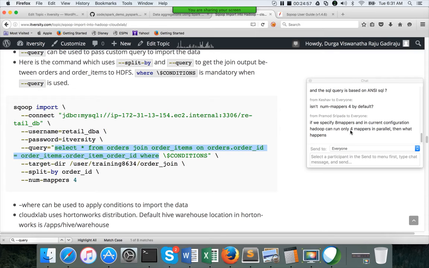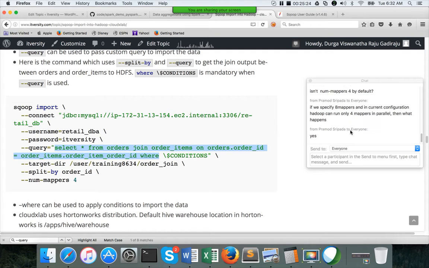Okay, first of all, you have to think big. The capacity of the cluster should always be bigger, especially if you are a fresher. Most of the guys falter at the interview on this. Don't think in smaller numbers, think about bigger numbers. Your question is if you specify more mappers than the capacity. When you use Sqoop, you should not do that. It should always be less than the capacity, much less than the capacity.